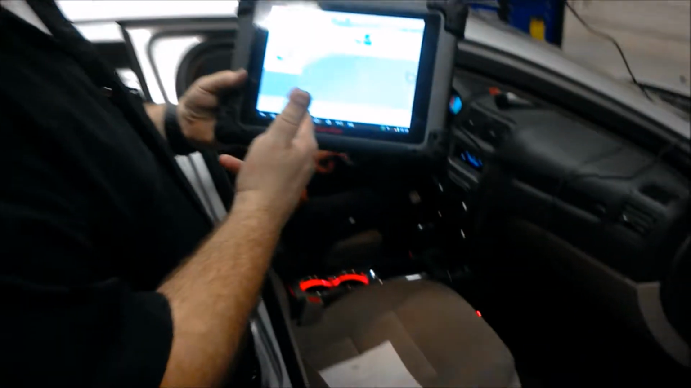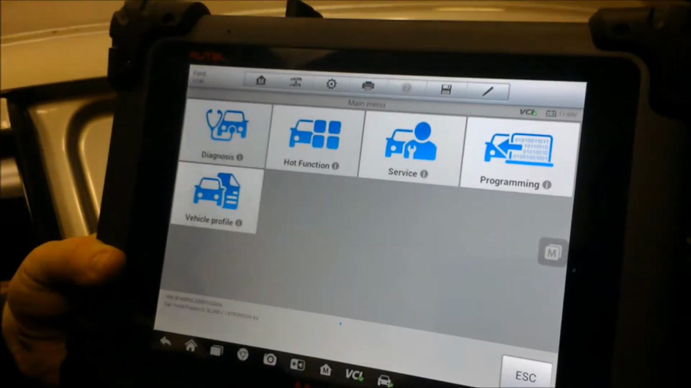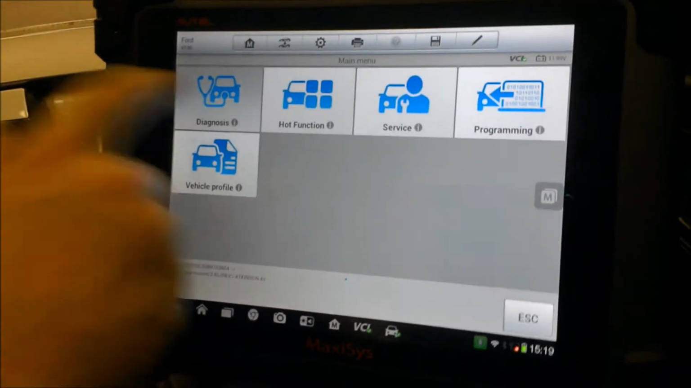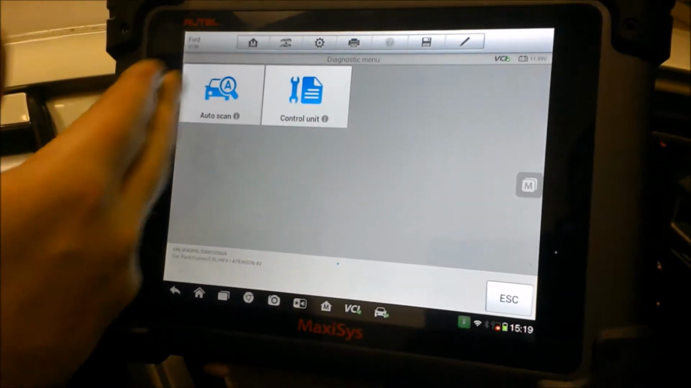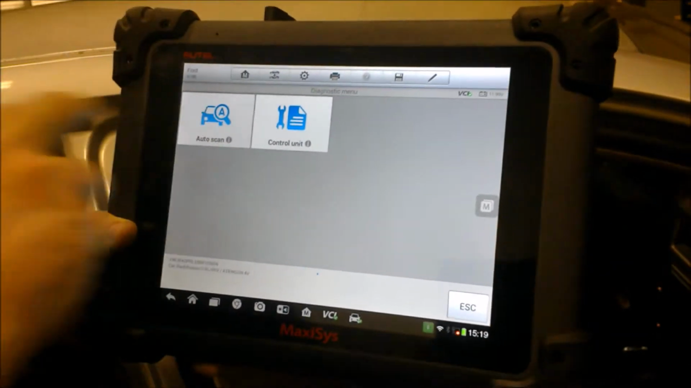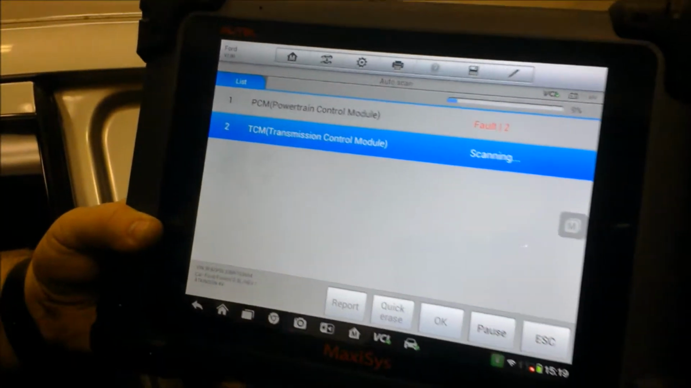Alright, so once it's loaded up, it's going to come to this screen. And you can see there's tons of little things you can do here, but we're going to go into diagnosis, and then it's going to give you an option for an auto scan or control unit, which is going to allow you to pick what gets scanned. But we're going to start with an auto scan, and you're basically just going to watch